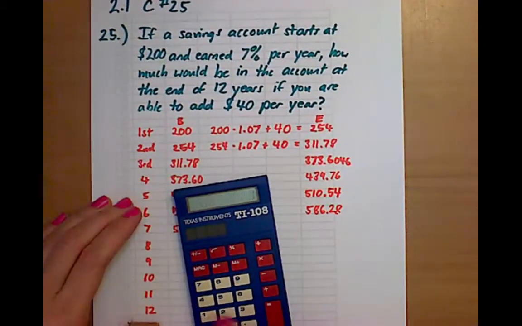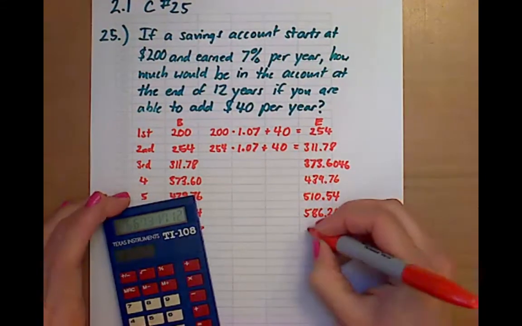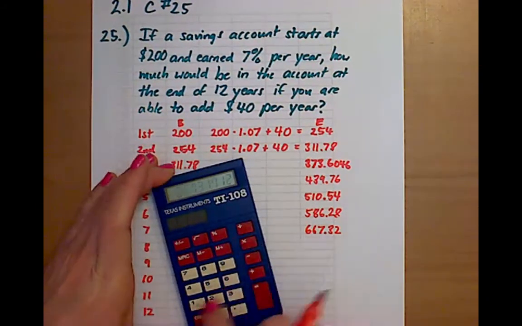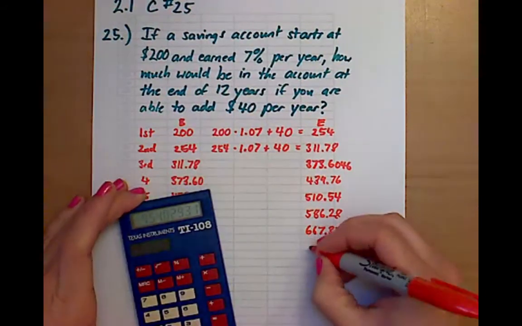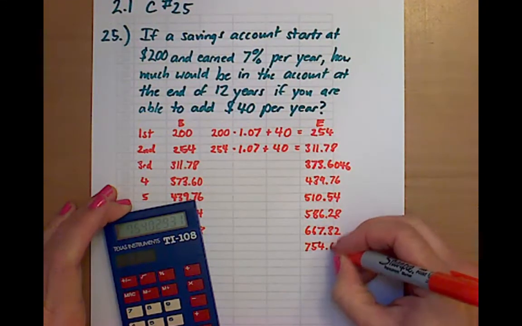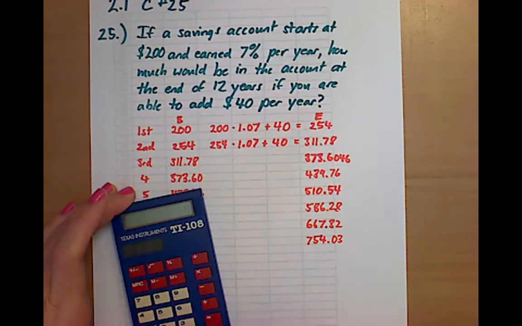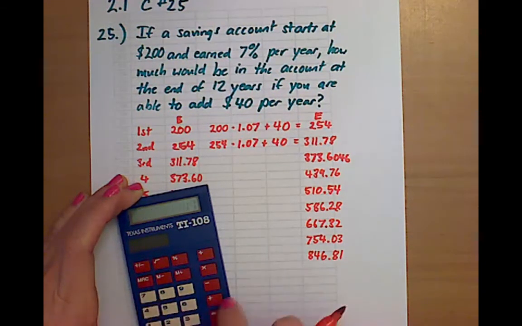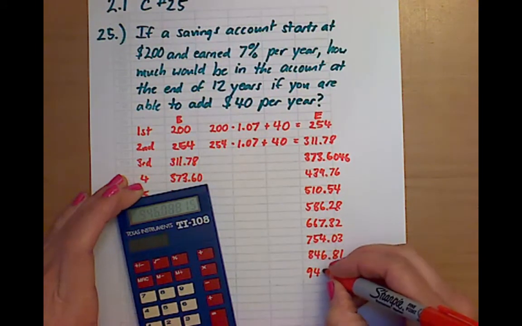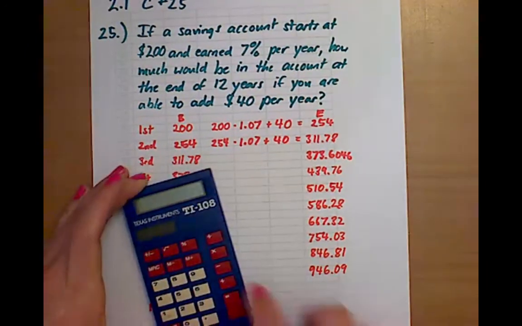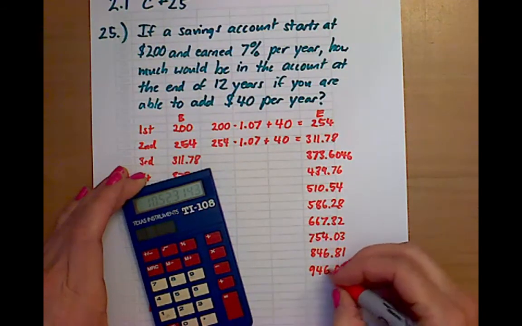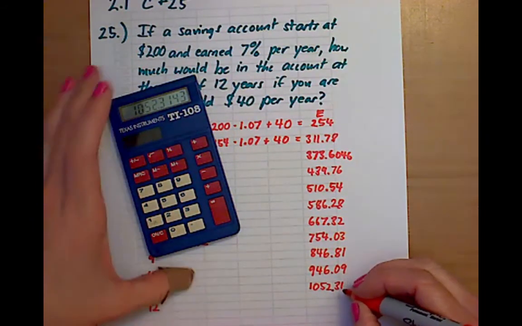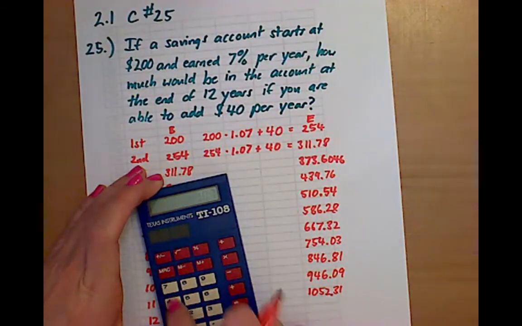586.28 times 1.07 plus 40 gives us 667.32 times 1.07 plus 40 gives us 754.03 times 1.07 plus 40 gives us 846.81 times 1.07 plus 40 gives us 946.09 times 1.07 plus 40 gives us, in year 11, we finally crossed 1,000. 1,052 and 31 cents times 1.07 plus 40 gives us